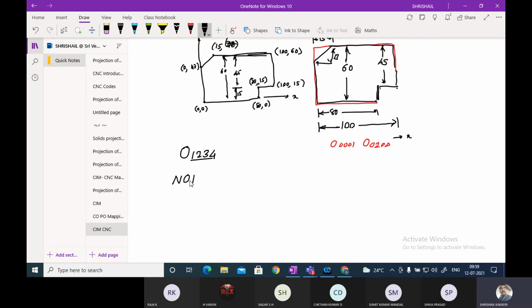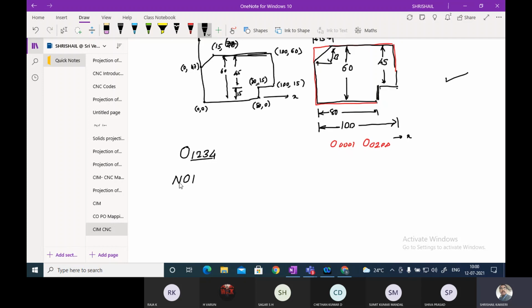It is the program statement number. I told you the N is for that particular line. That particular line is called by N01, but it should not be repeated anywhere. If I write N01, that will take this only, so it should not be repeated many times. Only one time it should be written. One condition. The second condition is it need not be in serial. N02, N03, N04, it need not be. Immediately after this N100 you can write, N150, N200, N201, but it should not be repeated. The same name should not be repeated. That is the condition.